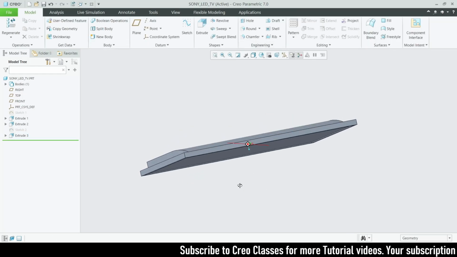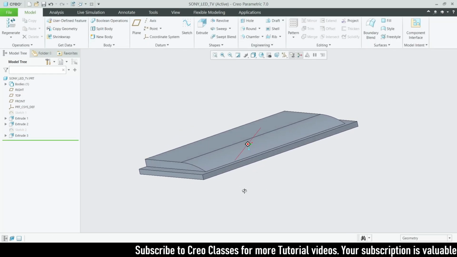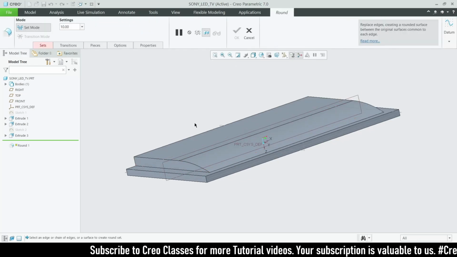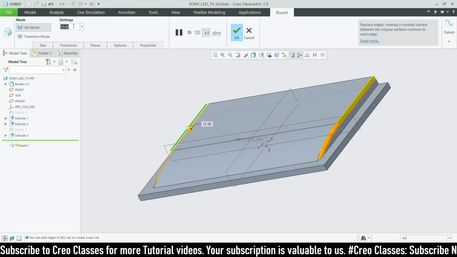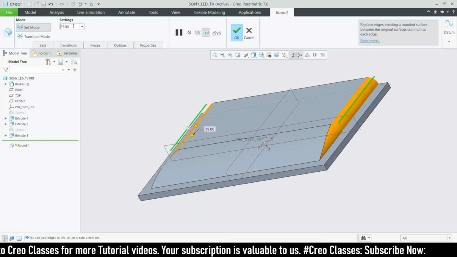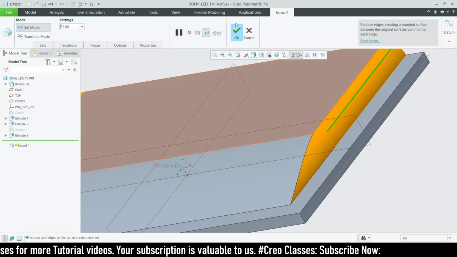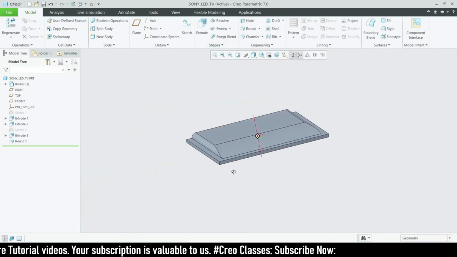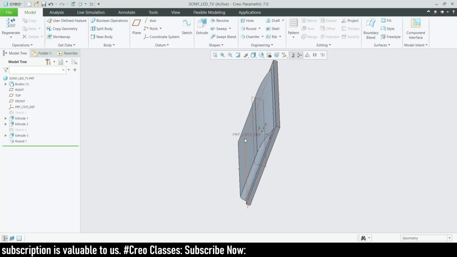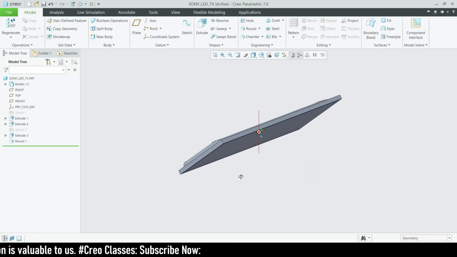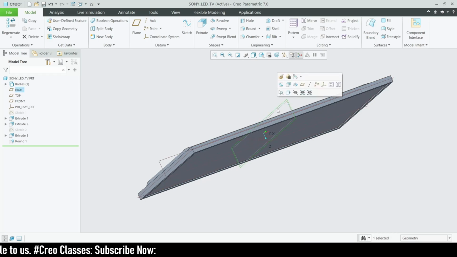Okay, so then what else do we need to create here is round features for this side and for this side. So this round value will be 29. That will be the full round feature here. So let's click on OK here. So we have created one extruded part here, so then we need to create one more extruded part here itself. Okay, so for that I just want to select this